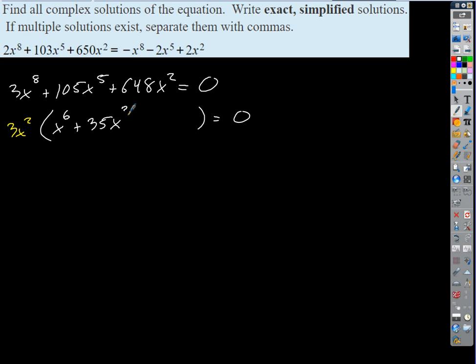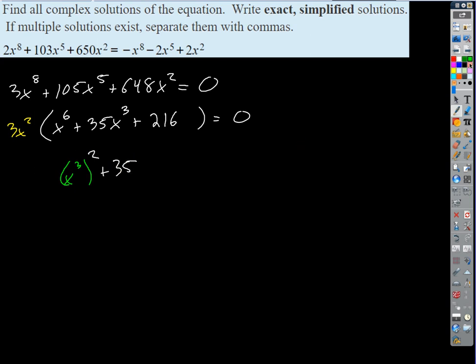Cubed, x cubed, good. Plus 216, okay. So that helps. Now we've got a trinomial in here, right? It's got 3 terms, and it looks pretty bad, but this fits our quadratic pattern, right? If we think of this factor here as being in packets of x cubed, it's going to look better. That's like saying x cubed squared plus